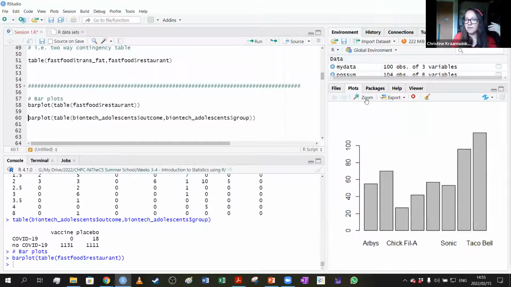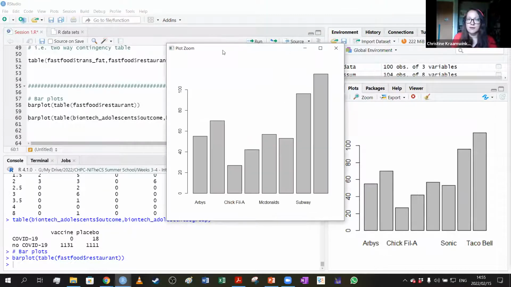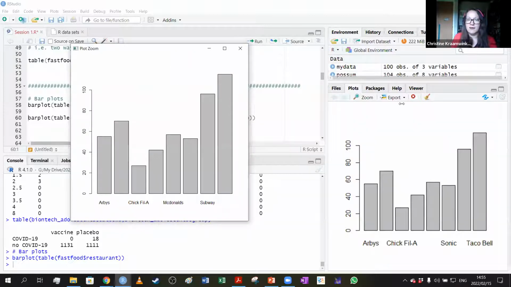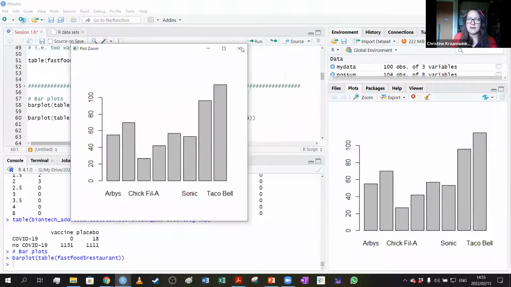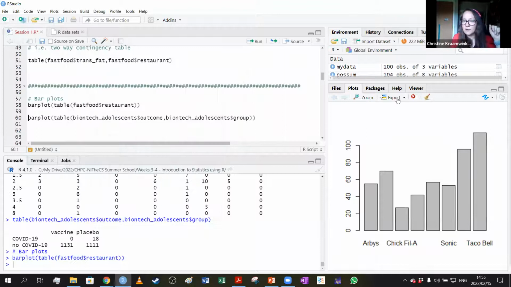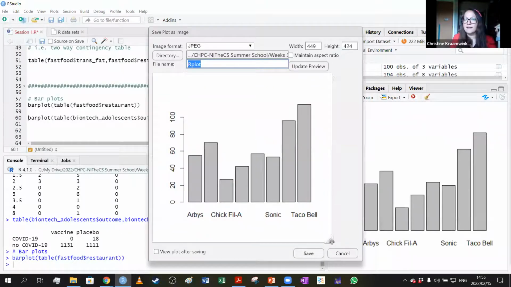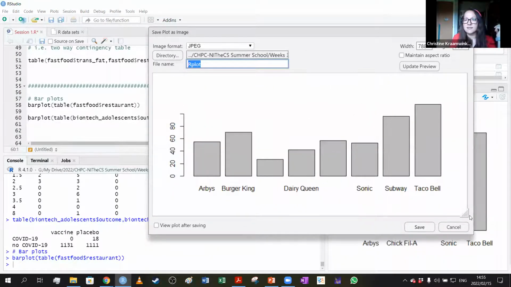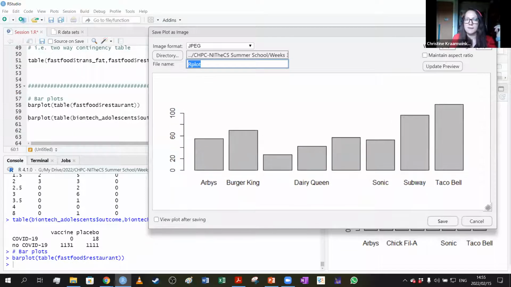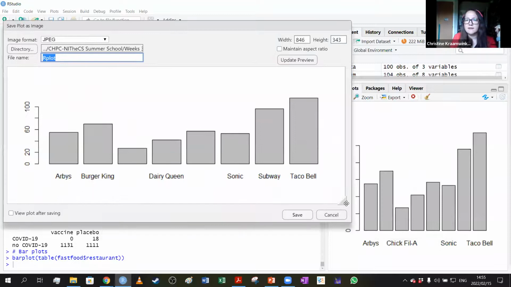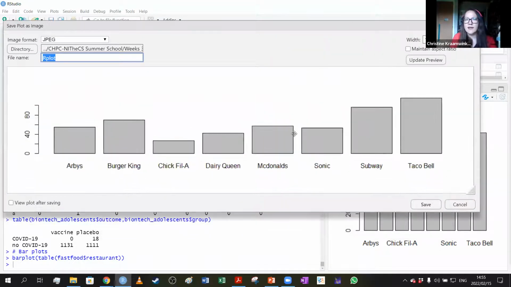So this bar plot, you can then click on zoom to look at it properly. You can see some of the names are going a bit missing. We're not going to worry about that too much right now. I'll talk about that on Thursday. But if you want to save this, you can adjust the size of this plot yourself. Let's just do it like that. And then you can export it. If you're happy with this, I would not be happy with this plot. You can go and export it yourself.